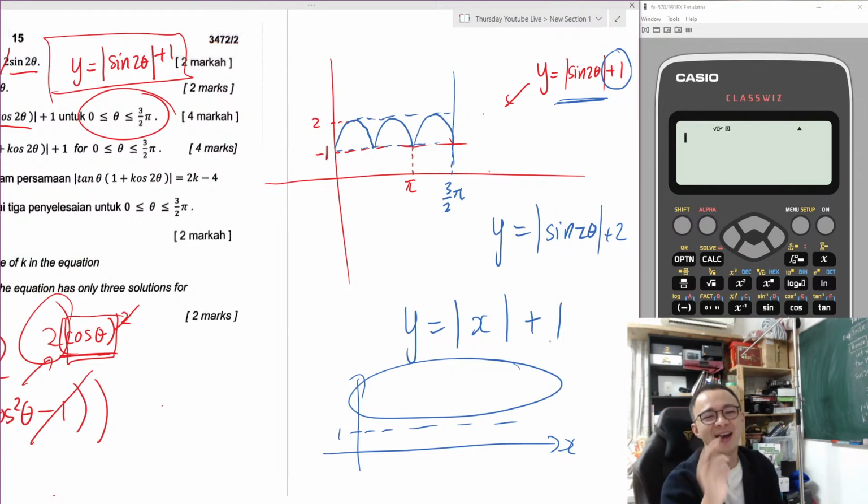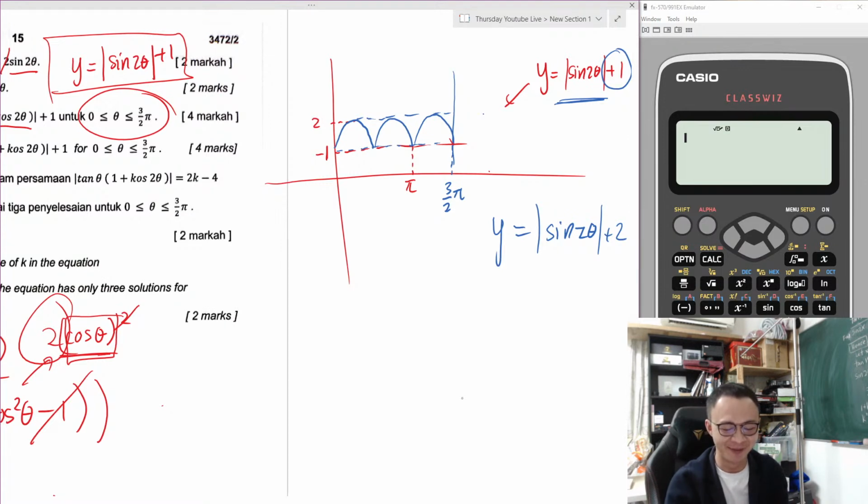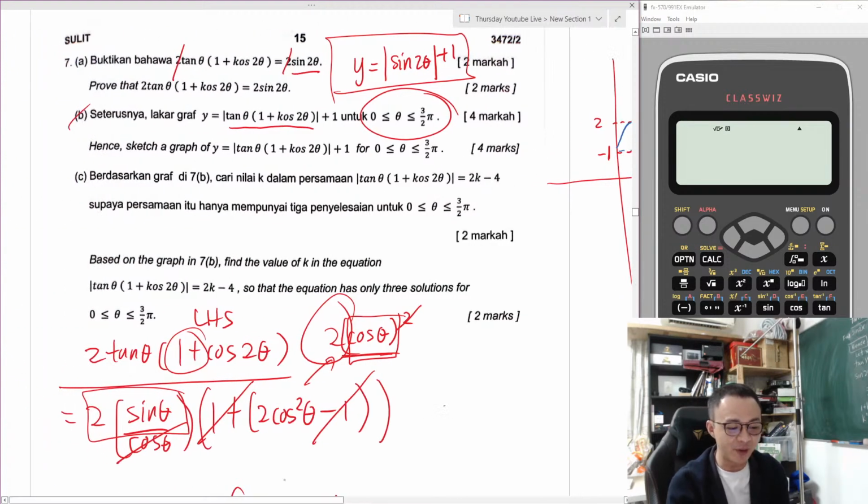So please do the math main also for L level if I have time, because I don't know, these few months I have so many classes, so I'm super busy. Okay, so anyway, let's continue. I do not want to waste too much time on this question. We're done with the sketching. Definitely you can sketch bigger.